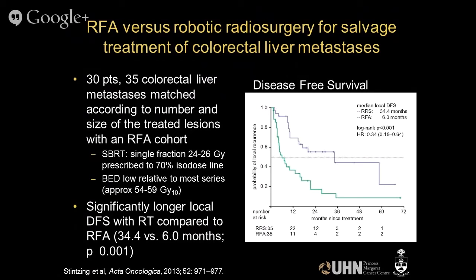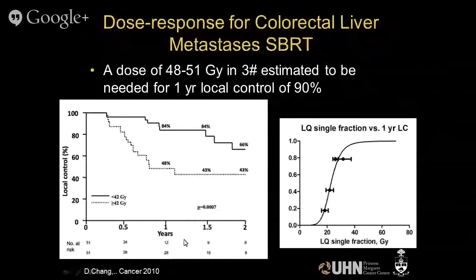Selected outcome, RFA versus radiosurgery. This is retrospective, but I think intriguing: significantly longer disease-free survival compared to RFA, 34 months versus 6 months for colorectal cancer. And there's a dose response. This is a pooled analysis suggesting a dose from 48 to 51 gray in 3 fractions for 1-year local control